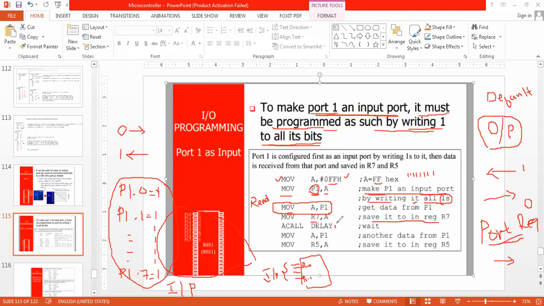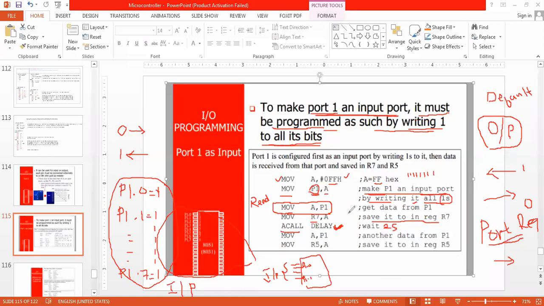Then ACALL delay. We know what a delay is. Delay is a subroutine program, called by using a call instruction. Say it is a 2 second delay, so I am wasting 2 seconds here. Then again I am reading the value of P1 into the A register.